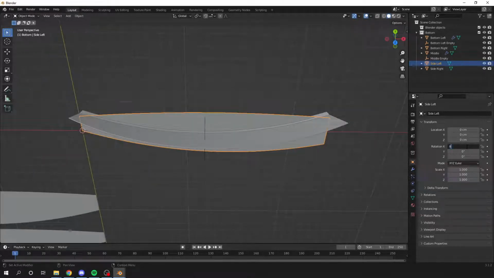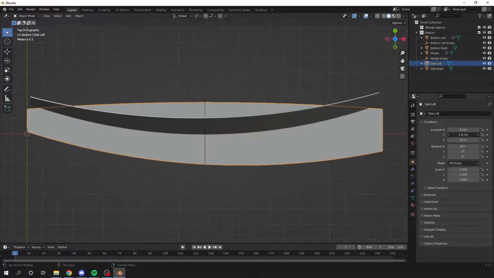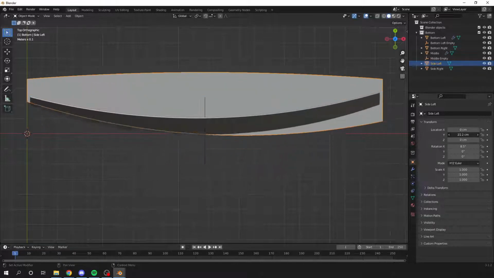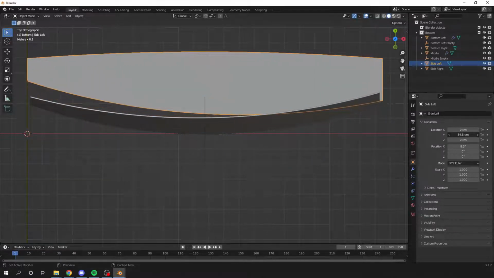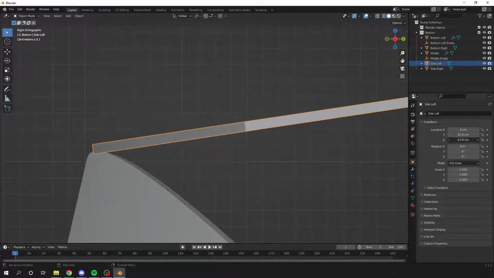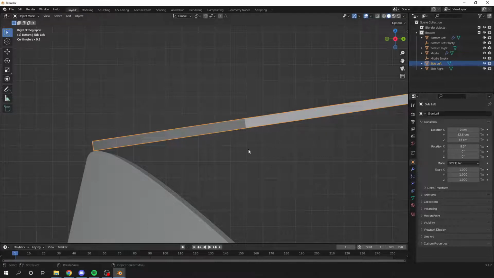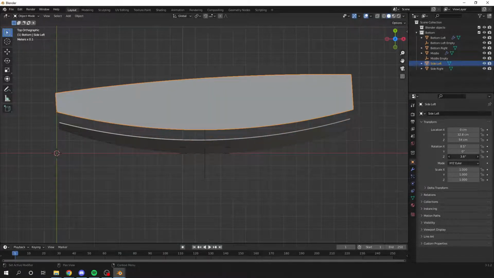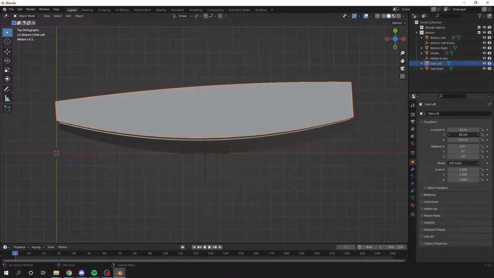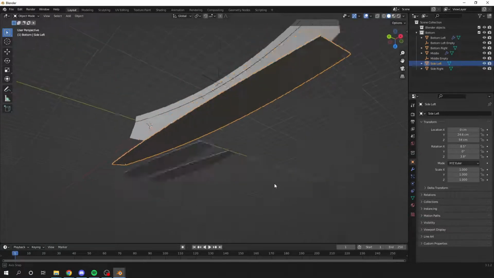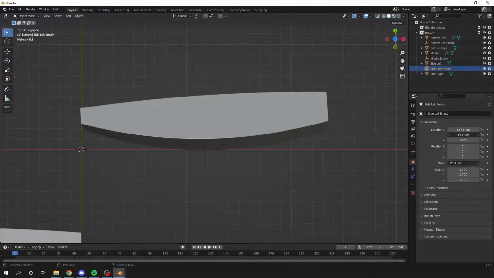Now I'm completing this side of the boat by putting on the side panel. This panel will also be bent in the same way as we bent the bottom panel and the middle. When I fit this side panel, I noticed that I needed to rotate it in a way where the top of the side panel was no longer in line with the reference lines. This would make my life a lot harder later on, so I made sure to rotate the entire boat back